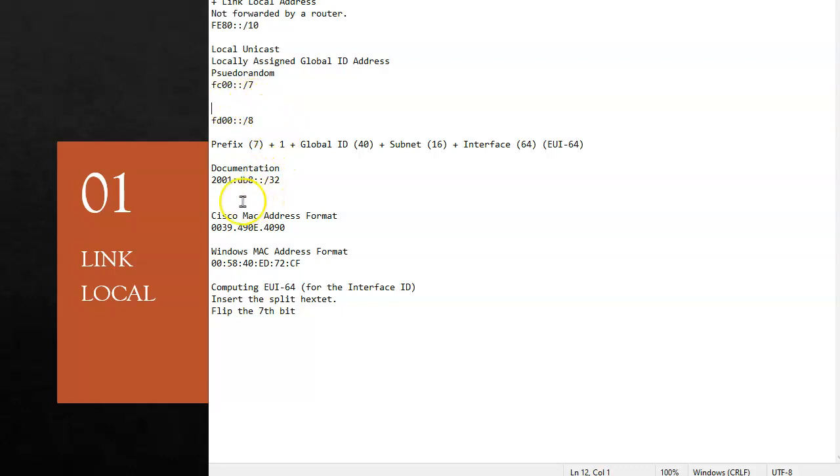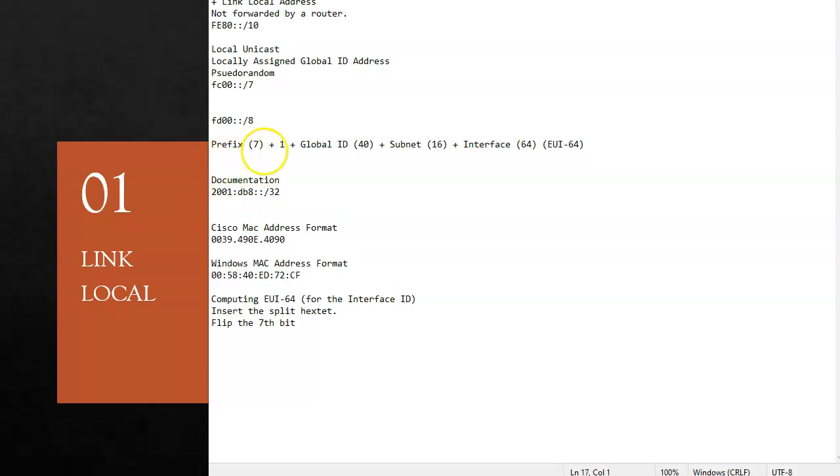That's in the prefix, and I'll show you that. If I have F, and then I have C, which is 12, that's F, and then this first bit represents 8, and the second bit represents 4. That's 12.